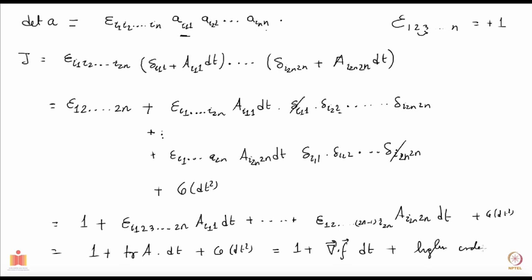Okay, so we are almost there. We have shown that if you look at a differential volume element in this 2n dimensional space at t naught plus dt, then it becomes 1 plus divergence of f dt. Okay, I'm going to drop now all the higher order pieces. Okay, that is how it transforms. So that's what your Jacobian is. This is your Jacobian.